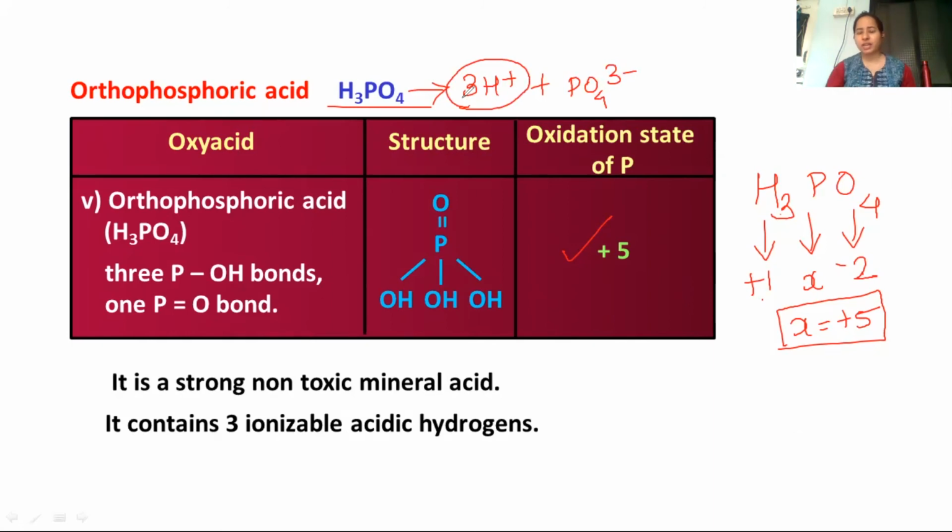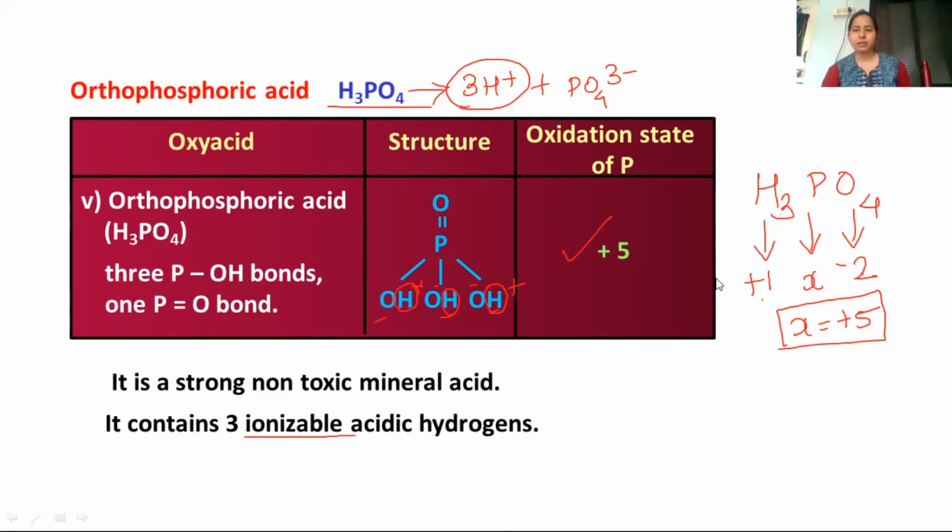Why can it give you 3 H plus ions? क्योंकि यहाँ से जब OH है ना तो बॉन्ड टूटेगा, H प्लस आयन बन के घूम जाएगा एंड O माइनस विल बी लेफ्ट. यहाँ से भी H एक दे देगा आयन, O माइनस रह जाएगा. यहाँ से भी H मिल जाएगा एंड O माइनस रह जाएगा. So we say it can give you 3 ionizable acidic hydrogen atoms, or ions, sorry.